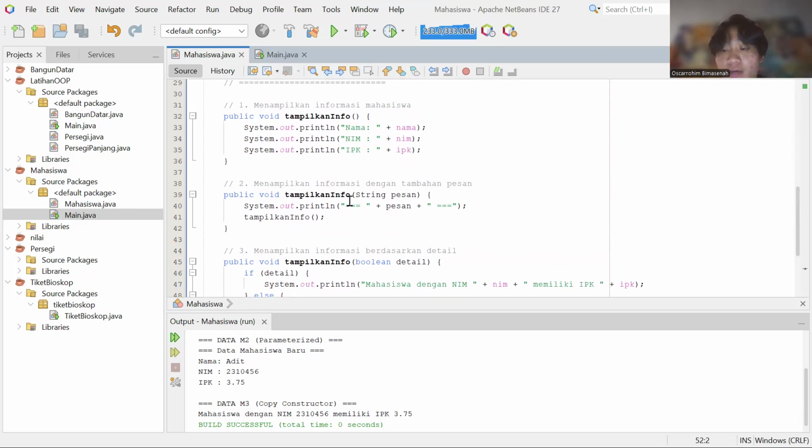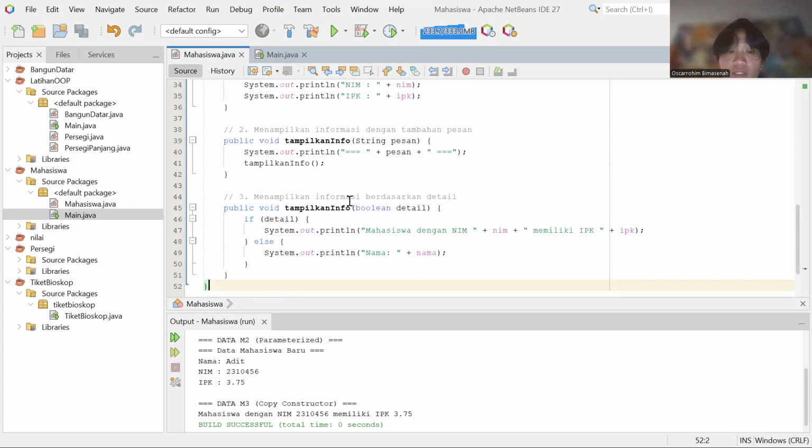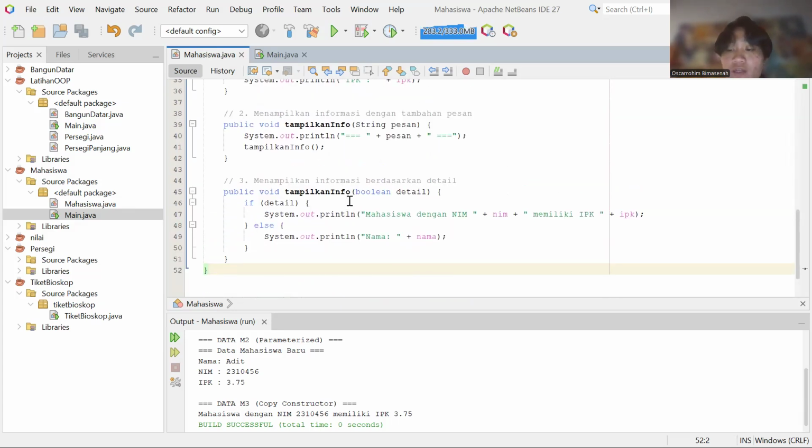By using overloading, the program can handle different GPA calculation scenarios while keeping the method name consistent and easy to remember.